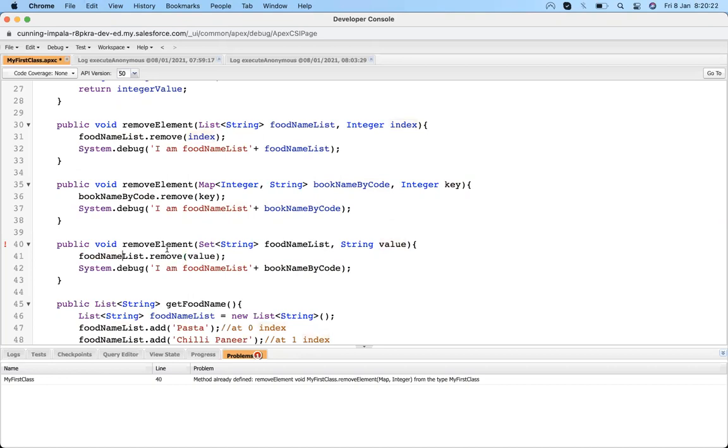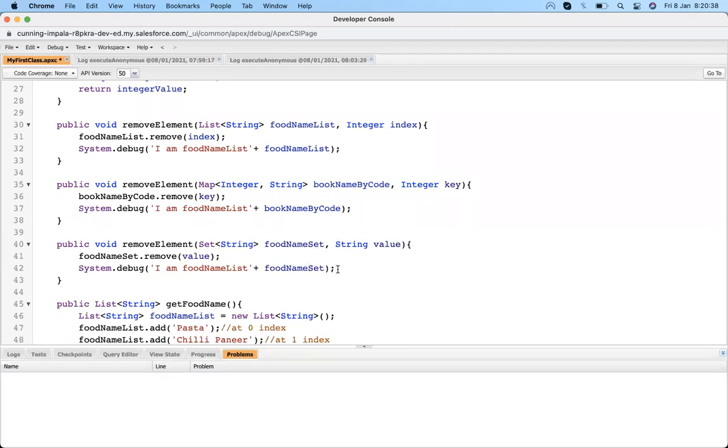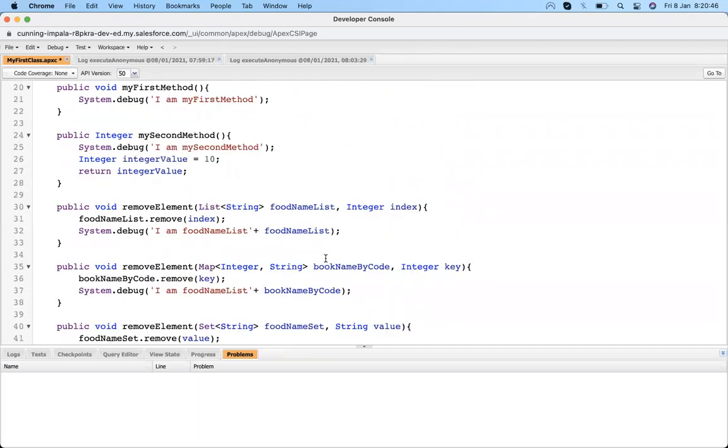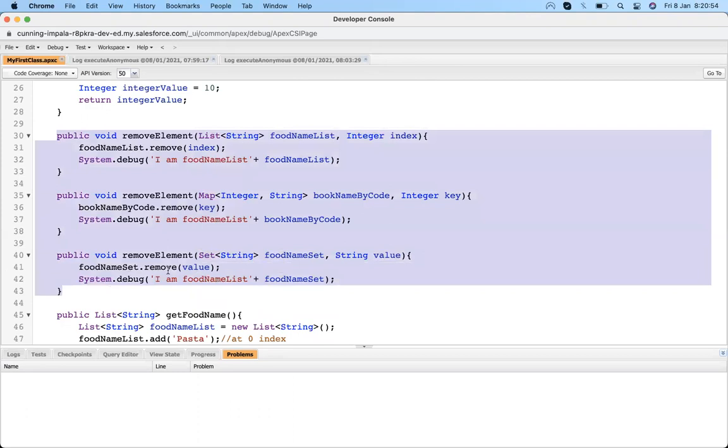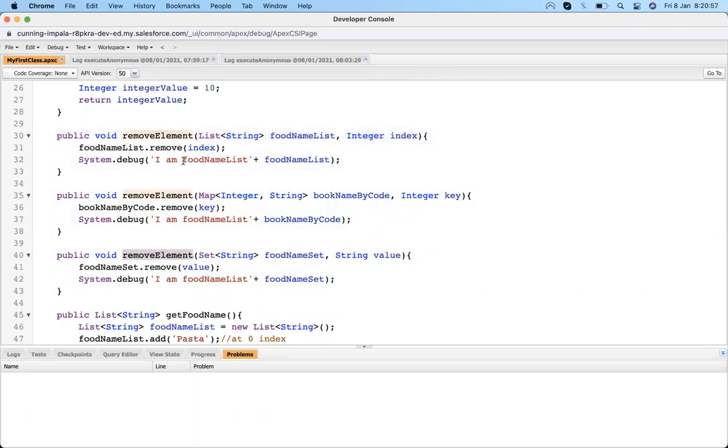In a set we don't have an index. It's removing the element by its value, or we are accessing the elements by value, not by index. Right. So as you can see, the same method name is available in each place, and whatever the value is, it gets removed.